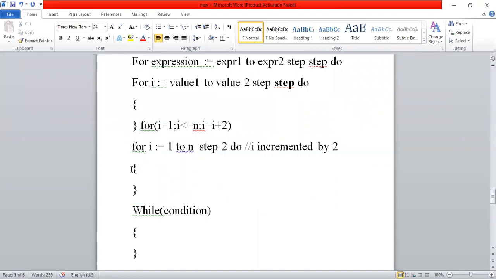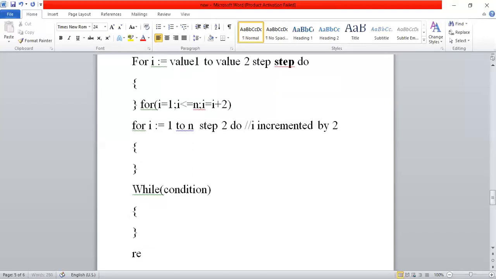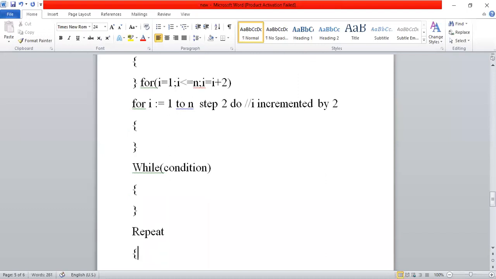Suppose if for loop is executing only one statement, need not worry about open and close curly brace. If only one statement repetition is required, no need to put open and close curly brace. Even if you put, nothing wrong. If more number of statement repetition is required, then only we are supposed to make all the statements as single unit. For making all the statements as single unit, you must include all the required repetitive statements within open and close curly brace under the respective loop. Okay? So this is while loop. And repeat until repeat all the statements